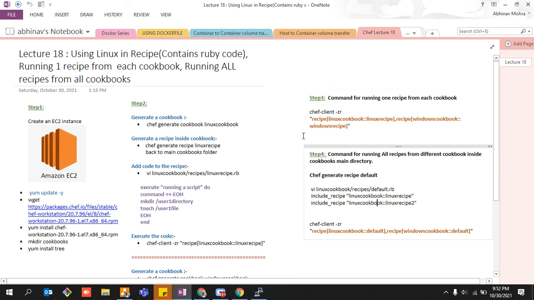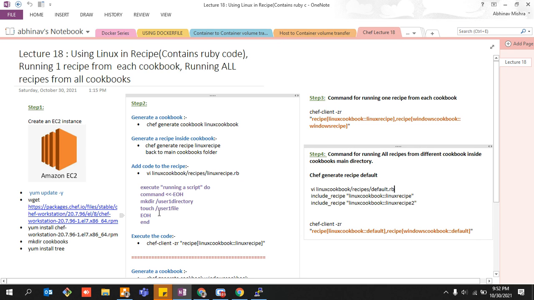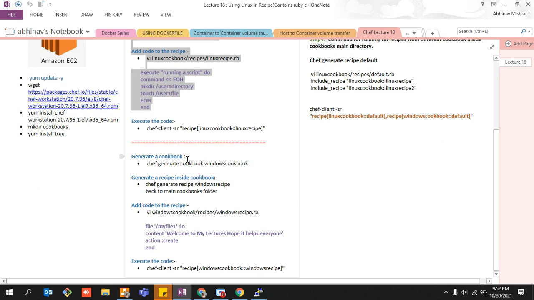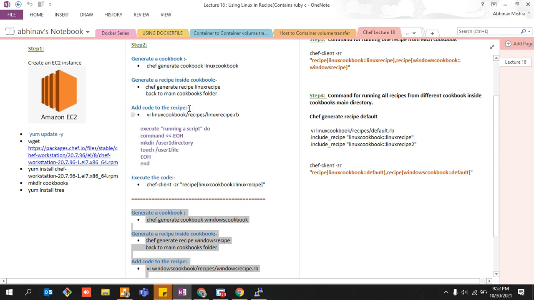But at this point of time, since it will take some time, and I do have some issues with my system, I won't be able to do it. I can try, but again, I need to start from scratch. So guys, just create your machine and come to step 2. Till here, do not execute it again. Create a cookbook, create a recipe, put this particular code over there, and instead of doing one by one, you can do it with the help of multiple recipes. Try to execute step 4, and it will run exactly the way I have shown you guys.